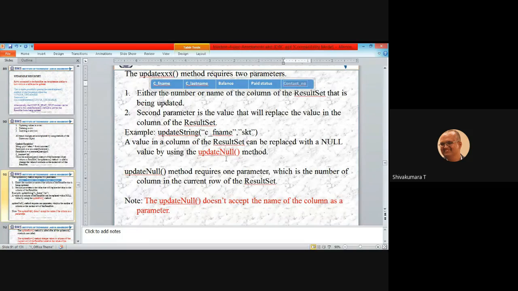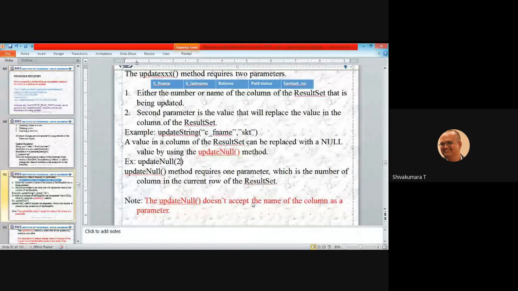For example, updateNull, with the parameter, suppose the contact number you want to make null. So you pass the fifth index value in this table. The fifth index value you are going to set as null. Suppose for most customers we have only the first name, and we don't have the last name. In that case, use updateNull and pass 2 as a parameter.